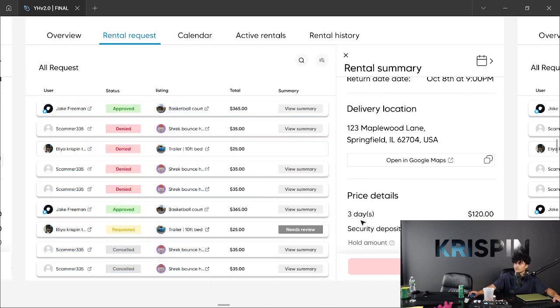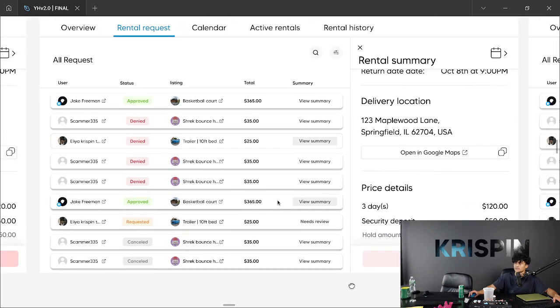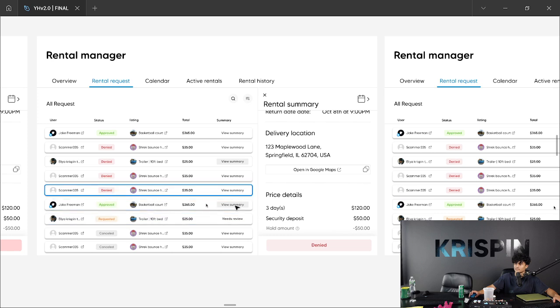But we fixed that by making the design a little bit simpler. Now, this one's a bad example because the mouse is hovering over here. But let's say that this wasn't here. Now you can clearly tell, for the most part,